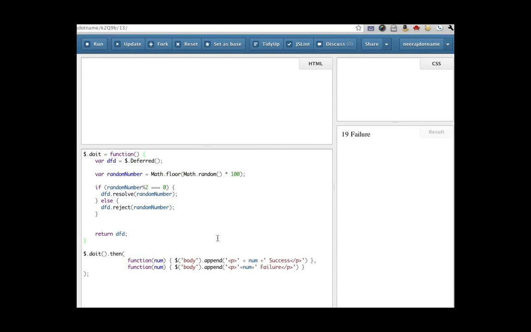So let's look at one more example. In this example, what I'm demonstrating is that at the time when you're resolving or rejecting, you can pass some arguments, and those arguments will be passed on to the callbacks. So here I have extracted the code which generates the random number, and if the random number is even, then I'm calling resolve. But when I'm calling resolve, I'm passing that random number, and when I'm calling reject, I'm passing that random number, and that random number is being taken as an argument in the callbacks,